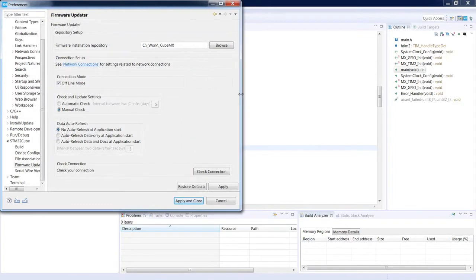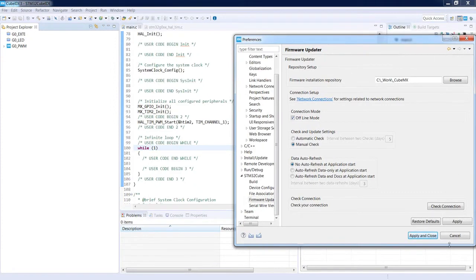One important point within these firmware updater settings is that you can perform the firmware installation repository configuration only in a case if there is no active device configuration project. In fact, device configuration file.